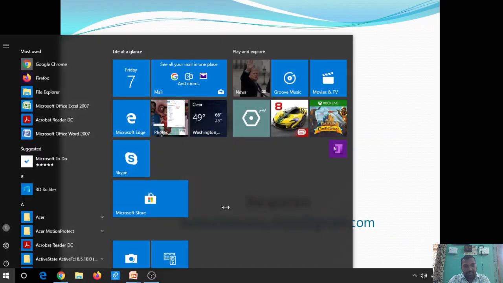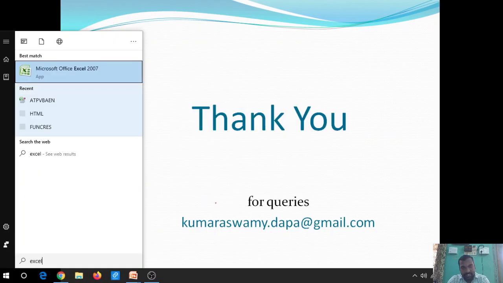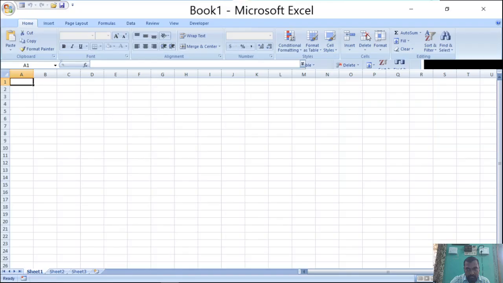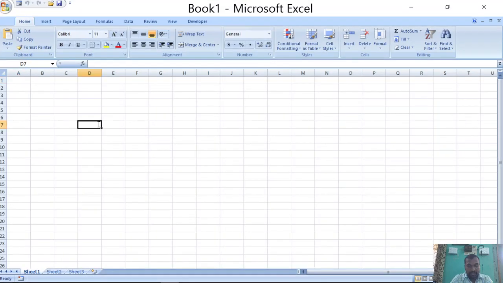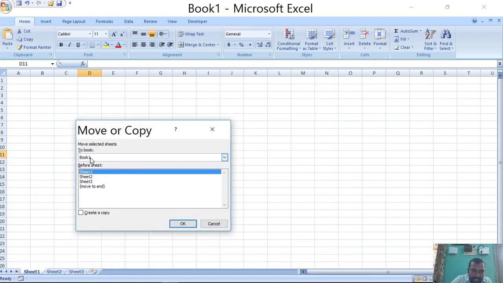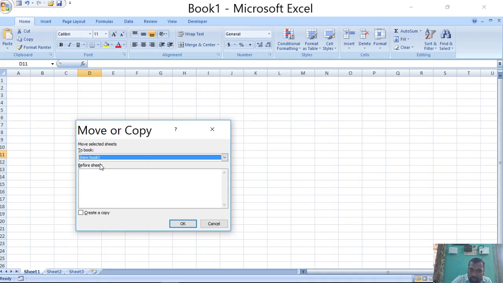Now I am again opening the Excel application. Here I am typing: this is my first worksheet. Now I right click on the sheet name and choose Move or Copy. Here, instead of choosing only new book, I am choosing the option Create a copy.